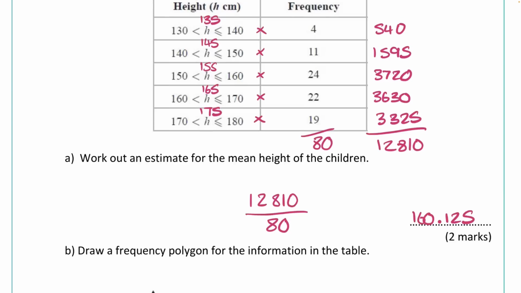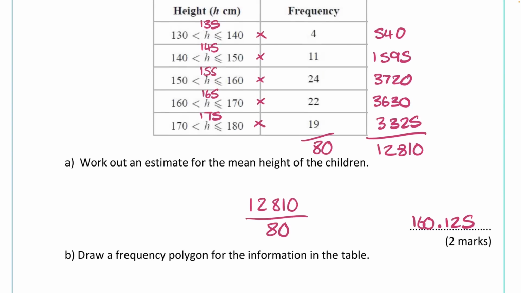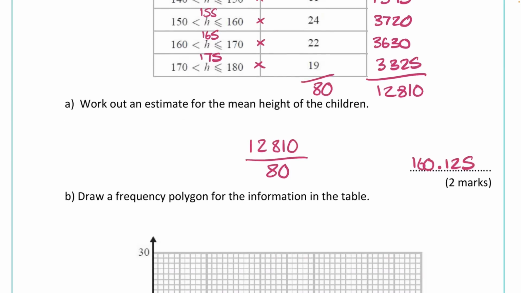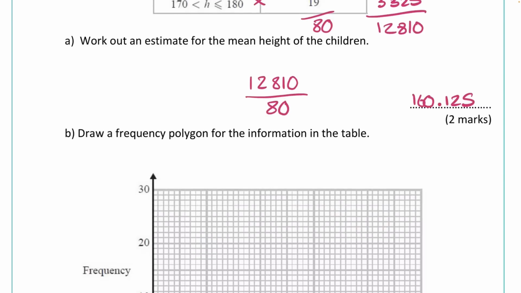It has to be within the range. If you look at the table, nobody was outside of the smallest height, 130, and the largest height, 180. So it has to be between there somewhere. If you get an answer which was in the 200s, you know your answer's gone wrong and you need to go back and double check. And typically it's just adding up on a calculator and accidentally pressing an incorrect number or something like that. But there we go, there was our mean,